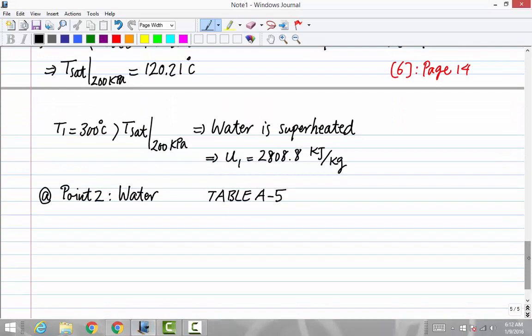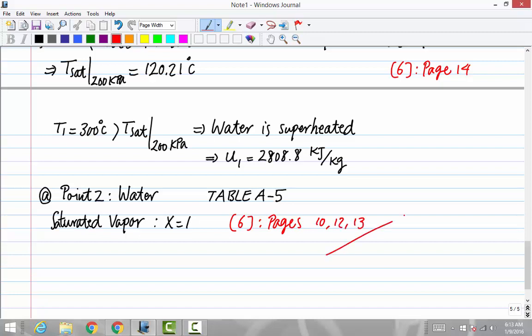So at point 2, the question says that we have saturated vapor, which means that the quantity X equals 1. Please stop here and then go check these pages, 10, 12, 13. And according to the table that I showed you before, we know that